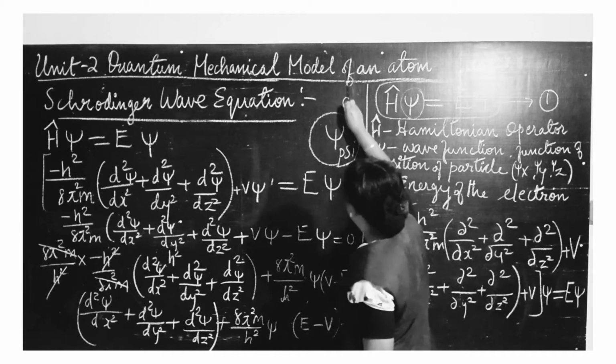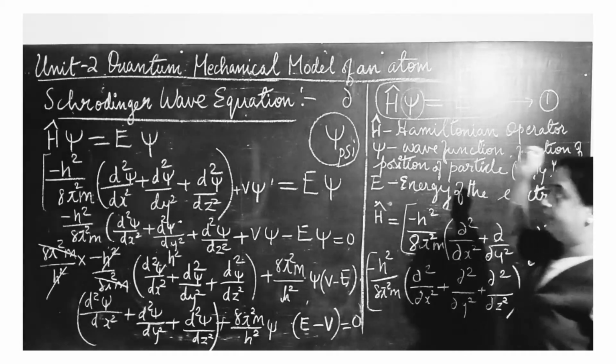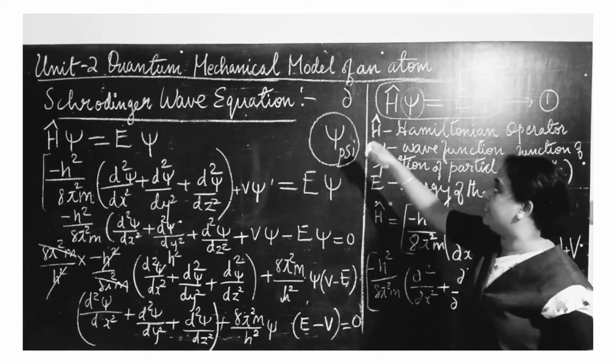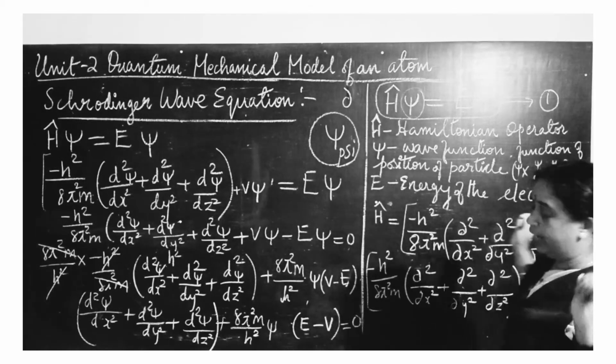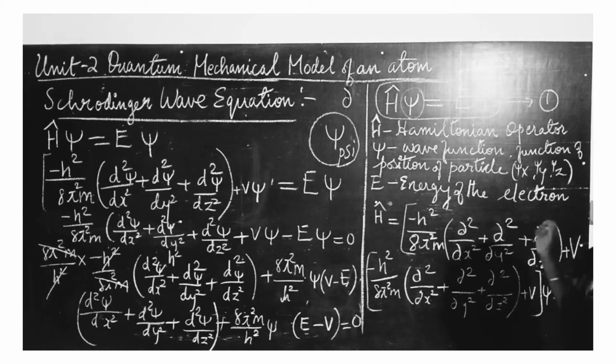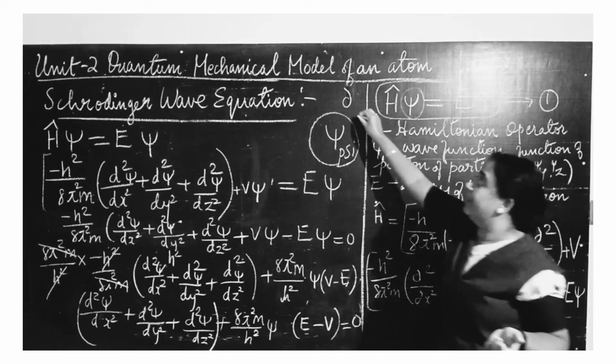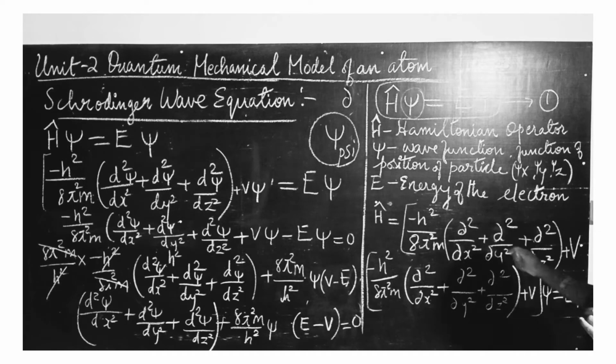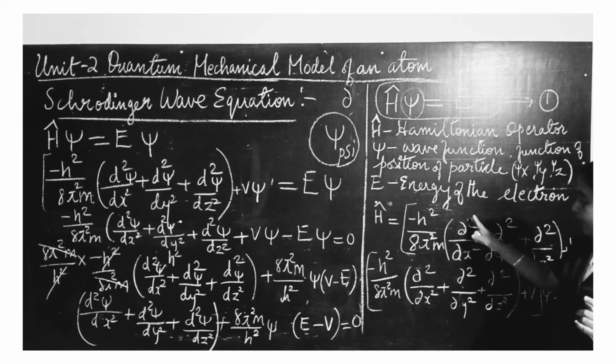Dou is also a Greek letter. Even if you write it as d, it will not be wrong. D is an English alphabet and dou is a Greek alphabet; both look almost similar. So dou square divided by